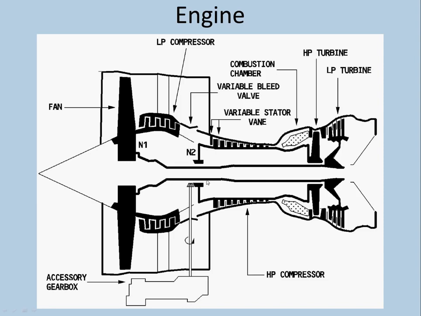So there are basically two assemblies, a low pressure assembly and a high pressure assembly. The low pressure assembly obviously has these stages, the shaft and the turbine. Similarly, the high pressure assembly has a shaft, the turbine and the compressor itself. The combustion chamber is where your fuel and air get mixed, and the FEDEC has total control on that. Depending on your altitude and various other factors that it considers, it will set the air to fuel ratio.